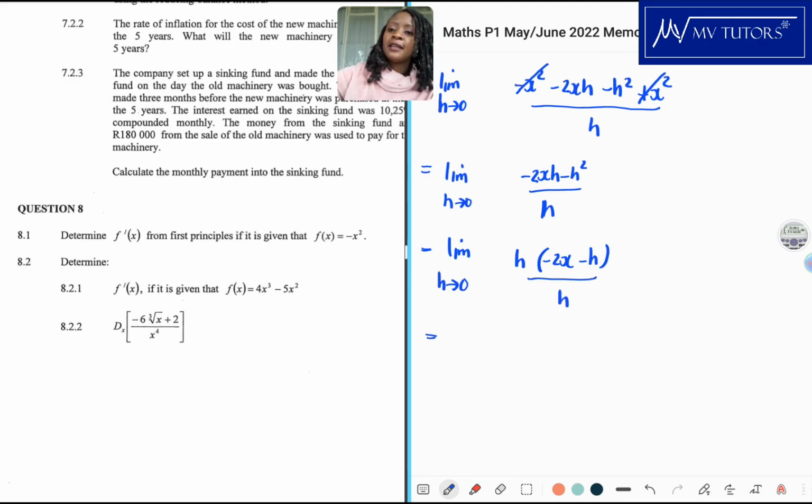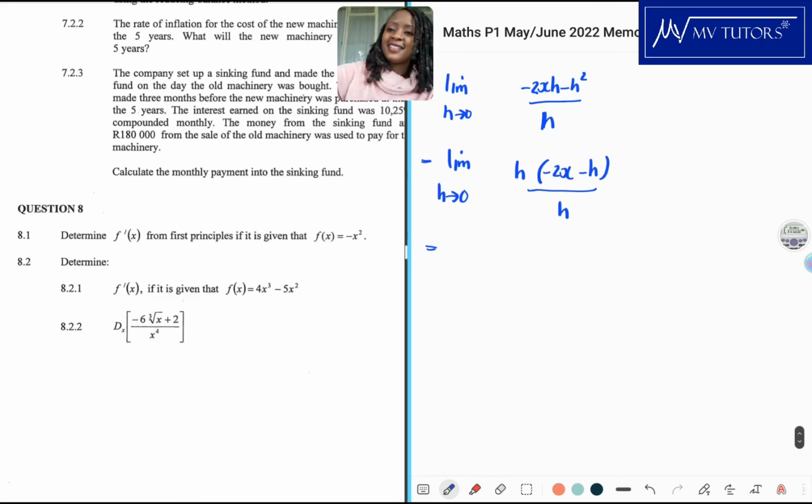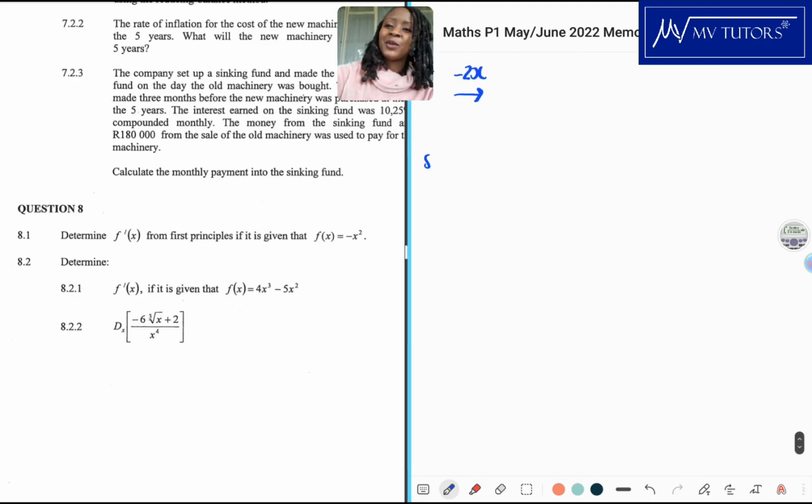Okay, then I'm left with minus 2x minus h. Now I can use this limit as h tends to 0, so I'm basically going to substitute 0 where h is, and my final answer is negative 2x, and that is where we end this 8.1, and we can go over to